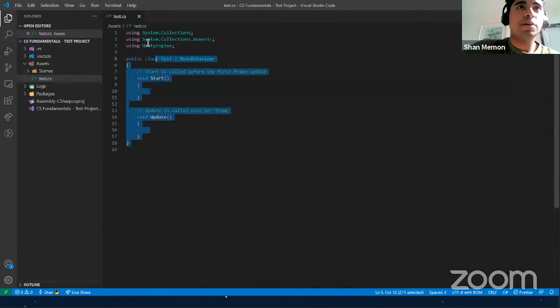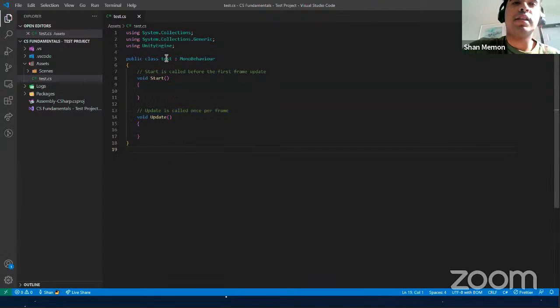And so we can see the script here. You can see the class name is the name that I named it in Unity. And we can see two functions, start and update. Now, I'm not going to explain how to code here, but the basics of every Unity script has two functions, start and update. Start runs when the script is loaded, and then update runs every frame in a game.